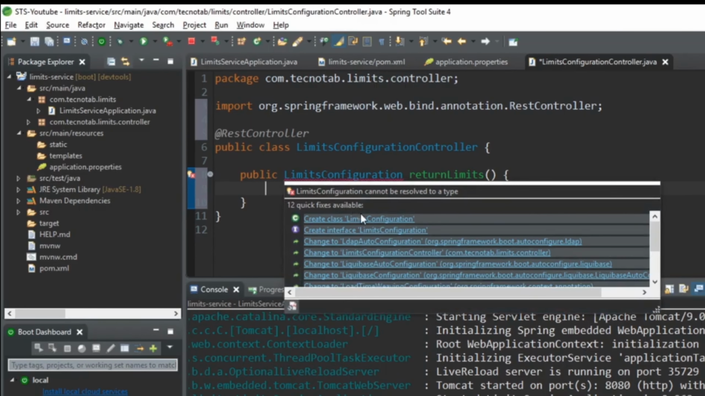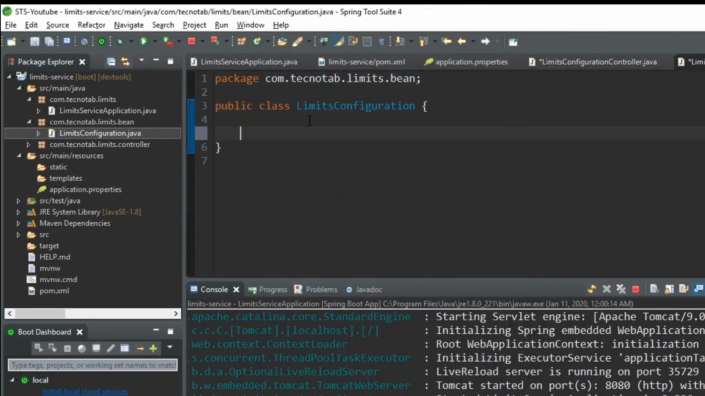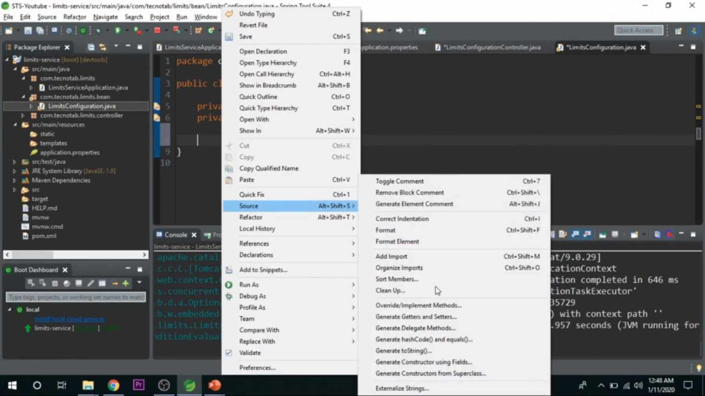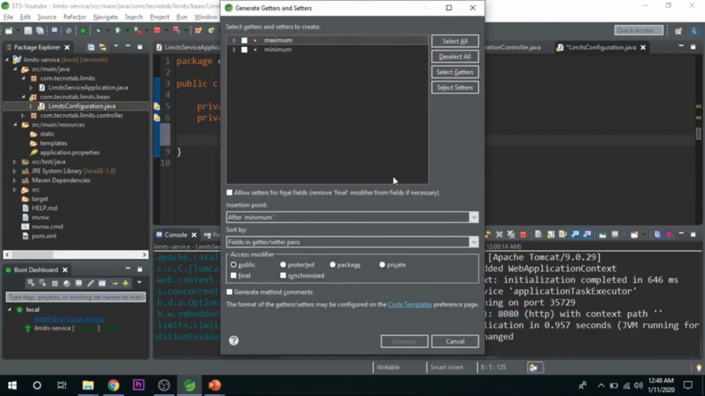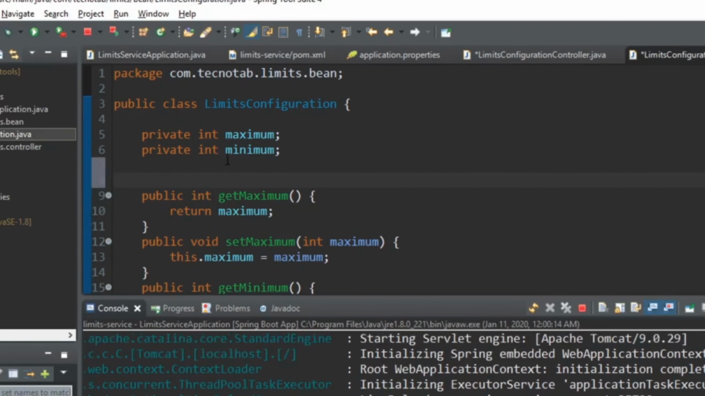Let's go ahead and create the class limit configuration in the package bean. Let's give two limits, the maximum and the minimum. Private int maximum and minimum, and let's create setters and getters for this class. Go to source and click on generate setters getters, select all and generate. Let's define a private constructor as well,